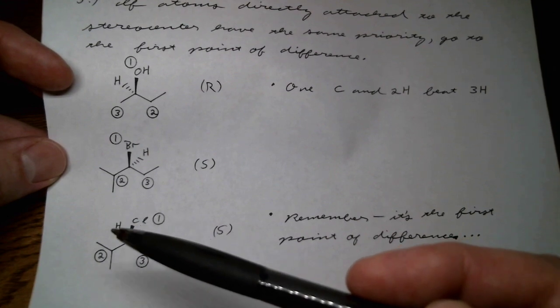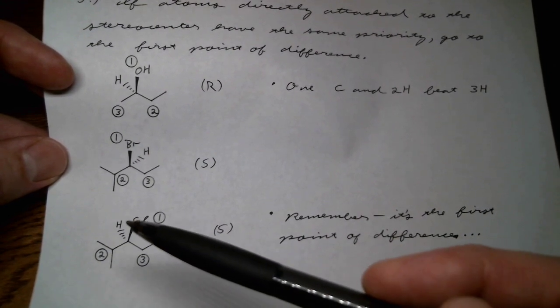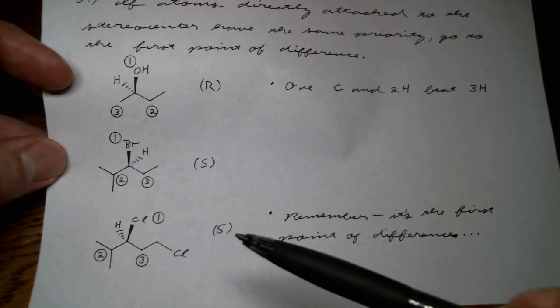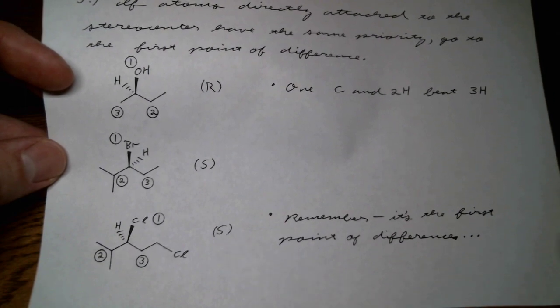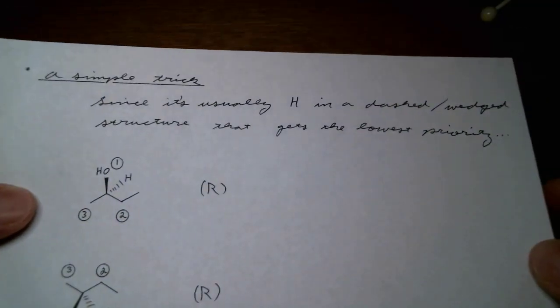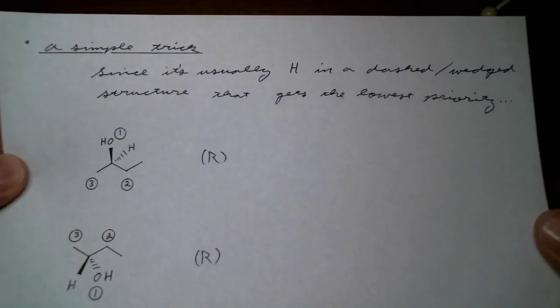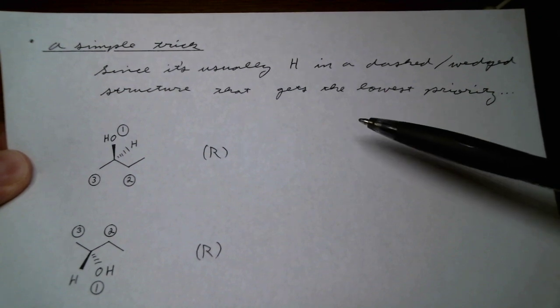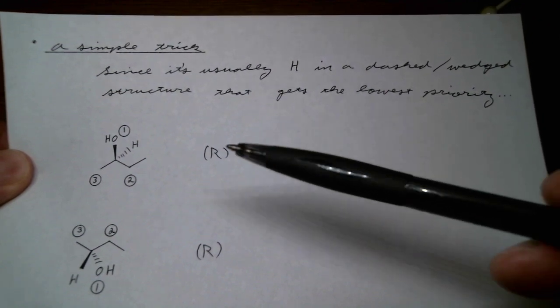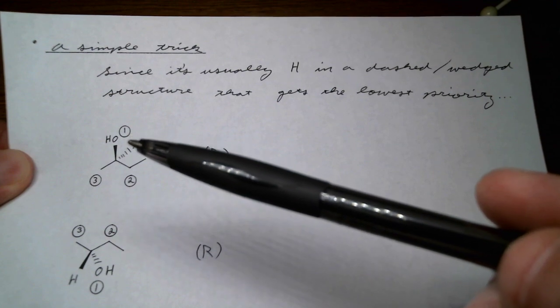So again, if we connect 1 to 2 to 3, we're going in a counterclockwise motion. The stereocenter in this molecule is an S stereocenter. So, as I said, I'll take you through the trick and maybe show you a little twist with our simple trick. Since it's usually hydrogen in a dashed wedge structure that gets the lowest priority, you can go ahead and assign